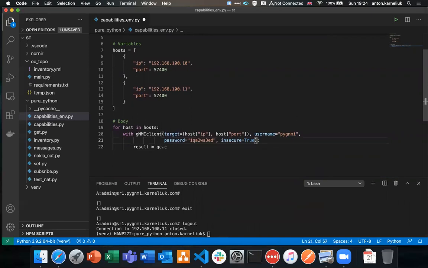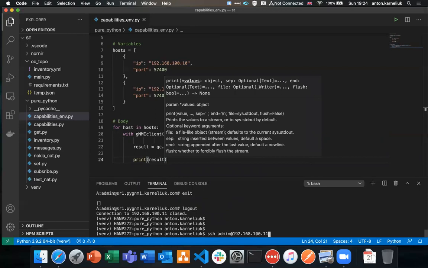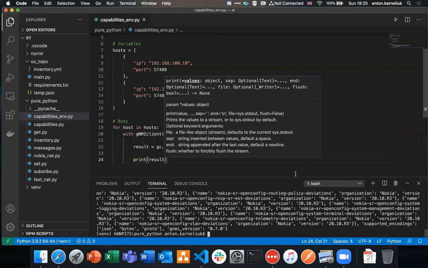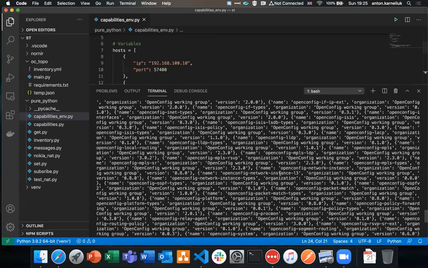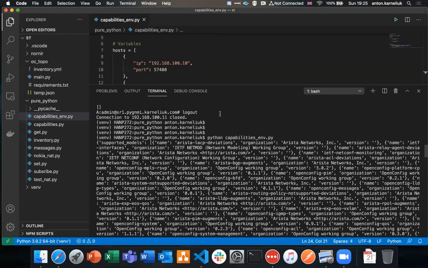Okay, I need to create SGC, and I'm making the call to collect the information, and we'll just print it. Okay, so let's run our script. Python capabilities environment. Great. So we see that we are pulling the information. So connectivity there. Fine. We can start focusing now on our core topic for today, which is using the environment